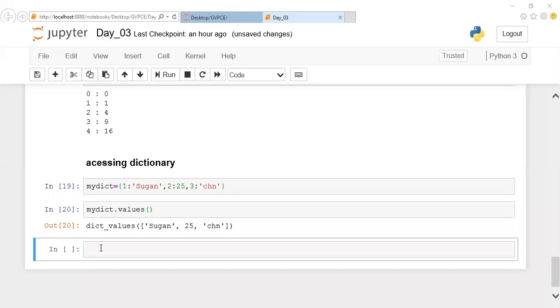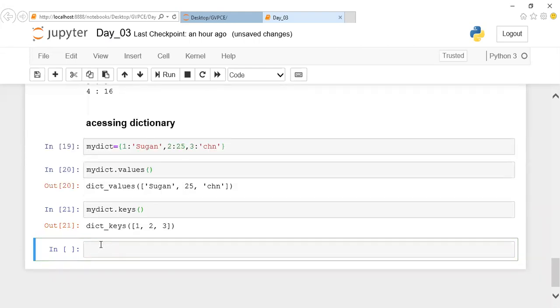So only values will be fetched. If you want the keys alone, I can mention dot keys. So what happened? Only keys will be fetched here. If I mention values, values will be fetched. If I mention dot keys, keys will be fetched.